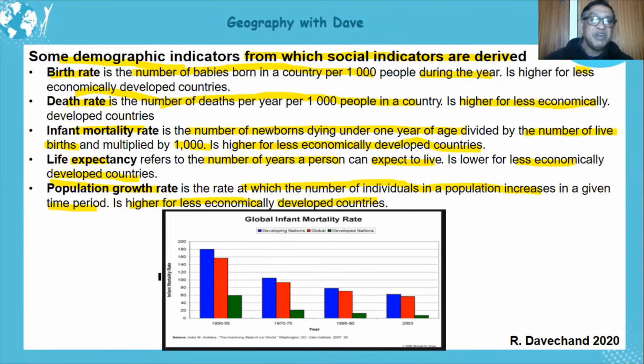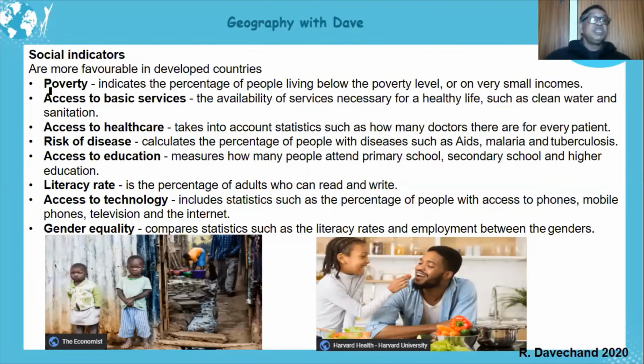All right, if I look at this, the infant mortality rate, you can see it here. The blue shows you the developing nations. Can you see? Much higher. And this is the developed nations, the MEDCs, and you can see it's much lower. In each year, it's much lower compared to that. Look at this, the blue and the green, much lower. Okay? Other social indicators,